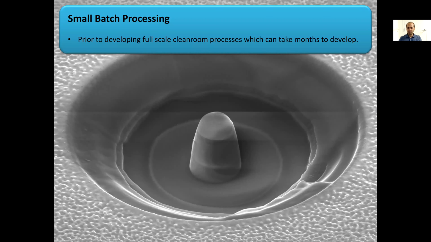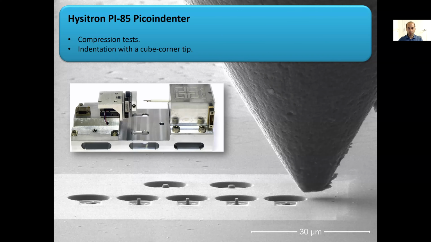As we talked briefly about already, the system is excellent for just doing brief prototyping, just doing proof of concepts before going in and developing full-scale processes in a clean room where you do lithography, etching, deposition, etc. So here a pillar was produced, and one of the